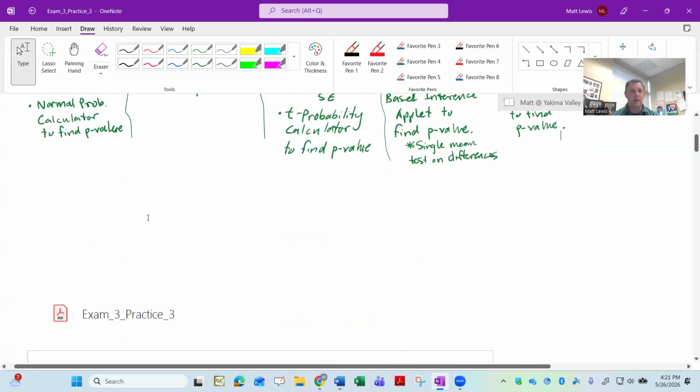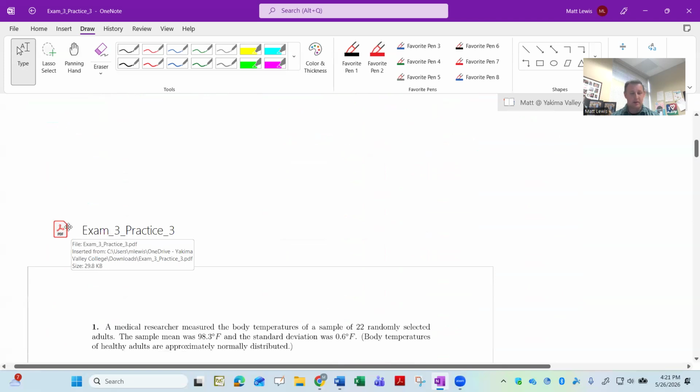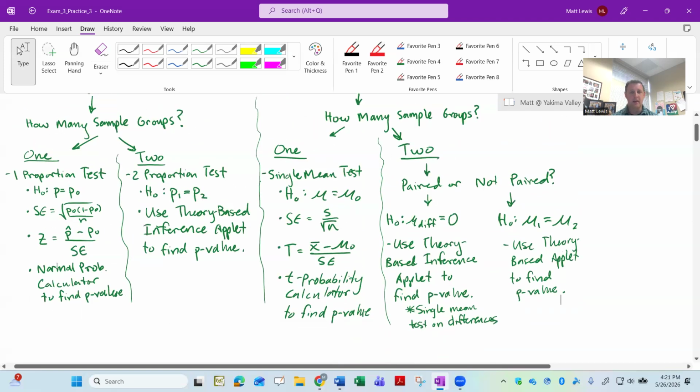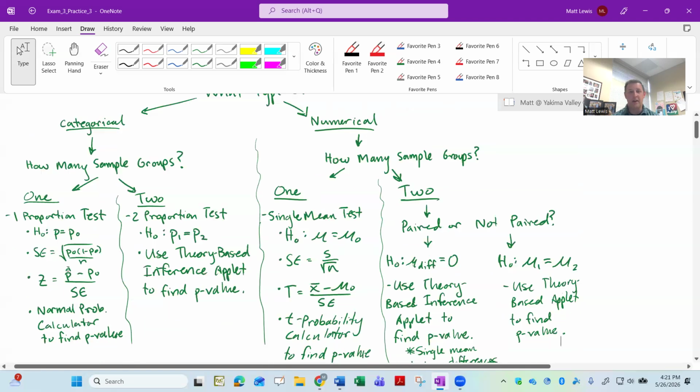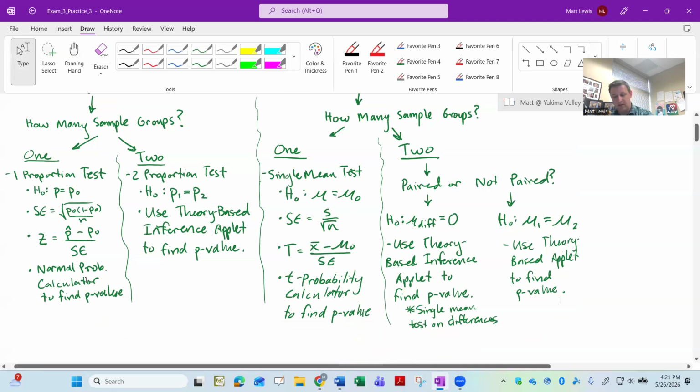Okay. So let's do some practice. Now, I do want to say that of all the things I could ask you to do on this exam, I'd say there's 7. I could ask you to do a confidence interval for means, a confidence interval for proportions, and then I could ask you to do one of these 5 types of hypothesis test here, right? So a total of 7. So in this practice set of questions, I'm not going to cover all 7. So just please be aware of that.